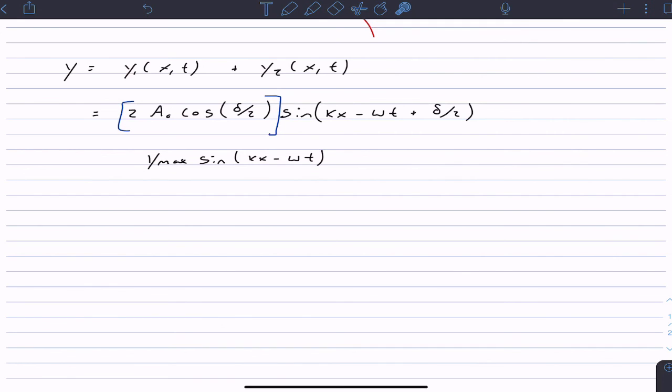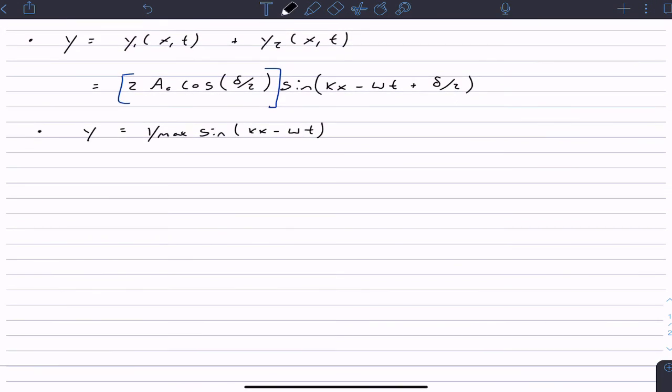And now we still have this here, but now we just have a phase shift, which I'm not super concerned about. But also, within y max, this is our amplitude here. So this is our overall amplitude. This was our general form from before. Now this is what we have. So if we're calling this the amplitude,